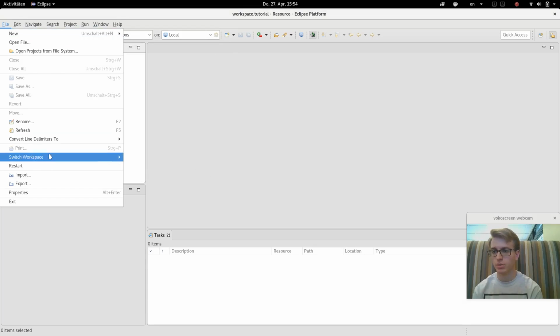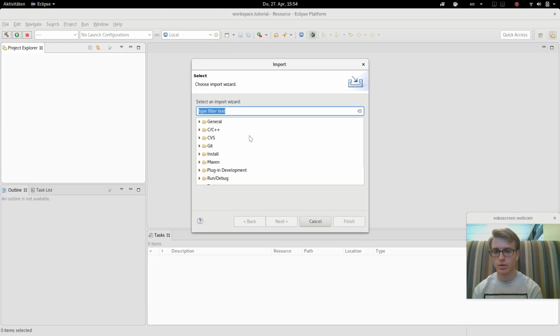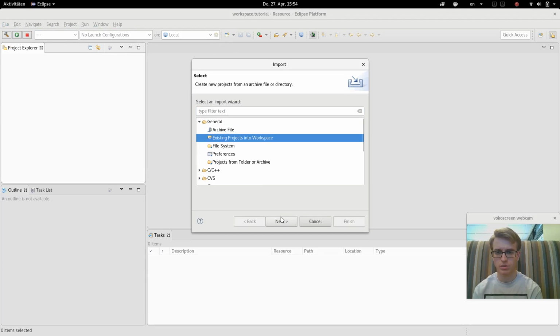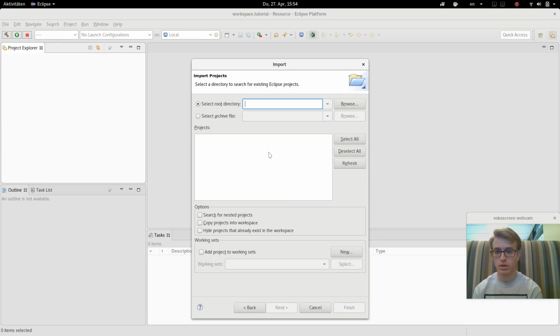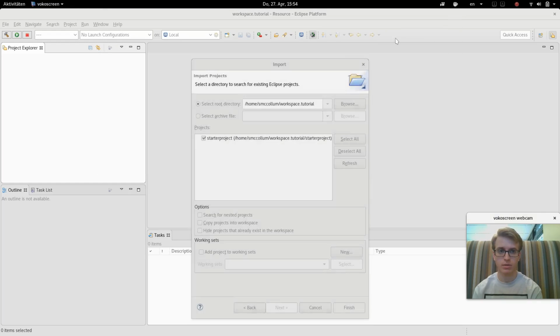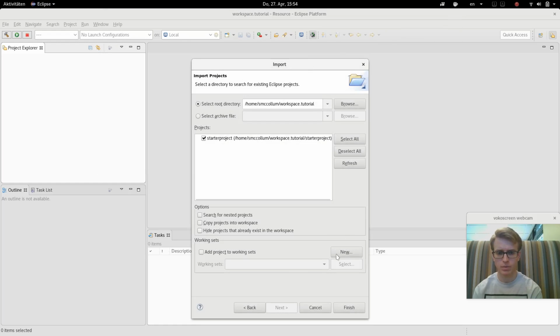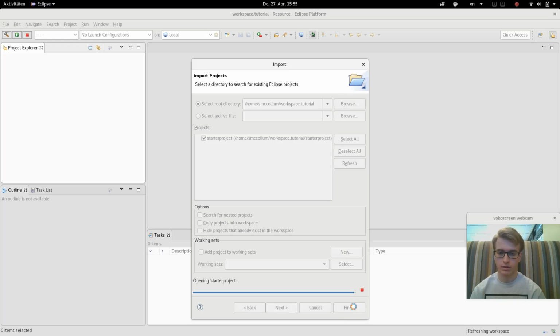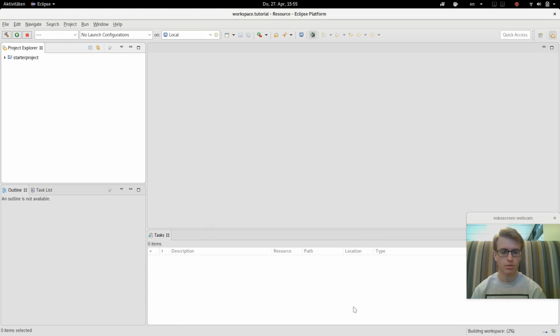Now I'm going to do import, general, existing projects into workspace. I'm going to select my workspace as my starting folder, and then it's going to find the starter project. I'm going to hit finish, and it's going to open it up. It's going to make sure that it's in the right folder and everything. Alright,